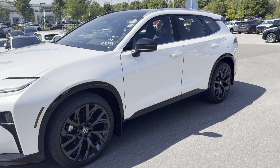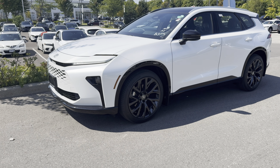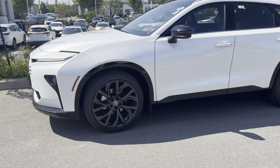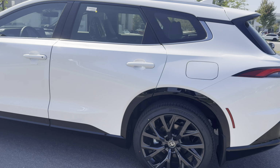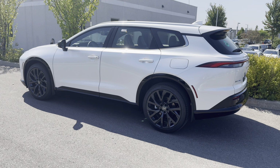vehicle. Now, I'll tell you, it is not a replacement of the Toyota Venza that we had for 2024. It's just an alternative to a Toyota Venza, but not a replacement. It's quite different. Let's talk about the size. All right, so we're going to compare the Crown Signia size to the Crown Sedan and the Toyota Venza as